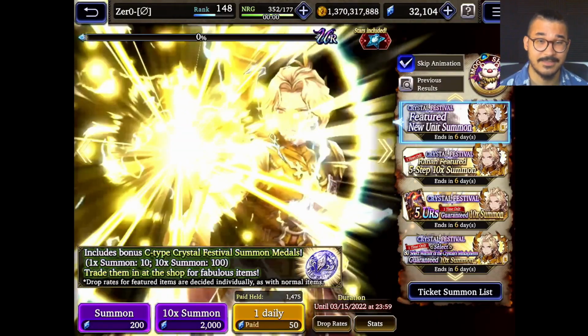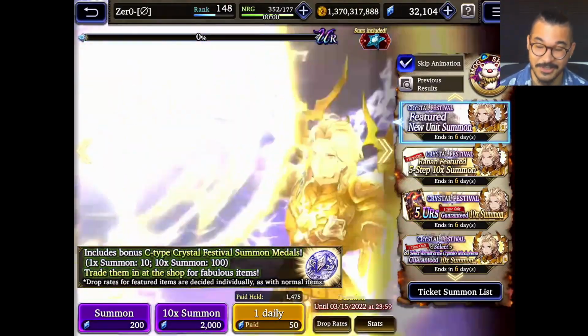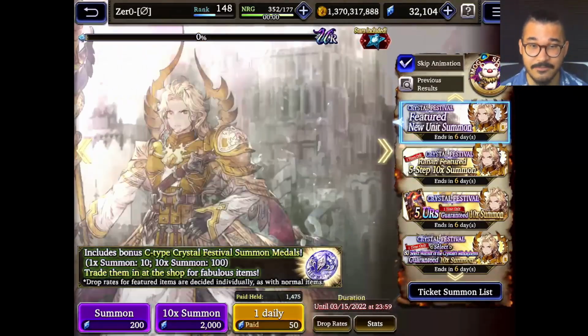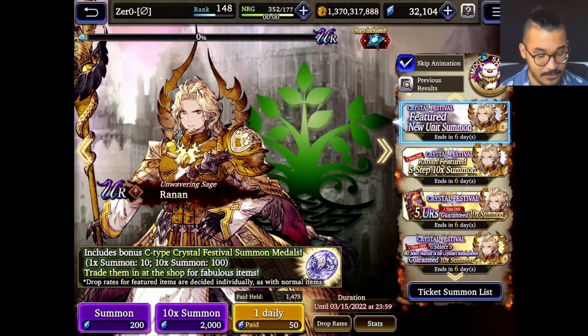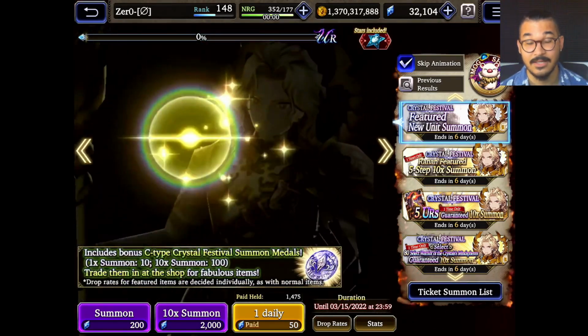Very basic, this is the third Warrior of the Crystal, so nothing new here. Except for the unit, of course. So Ranan is here, 42,000 Visure. If you have them, you'll get him. Pretty straightforward. Now, in regards to his kit, he's quite comparable to Ibara, but he does have less accuracy than